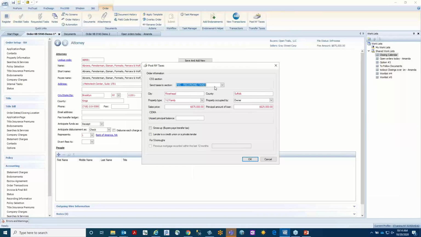If I'm in a CD order, it will send it to section CG. Shows you how long I've been in there. It's going to send you to the correct section. It shows you the city, the county, the property type, who it's occupied by, the sales price, the amount of the loan. Now, in here, if I change city from Riverhead to something else, it will go back and talk